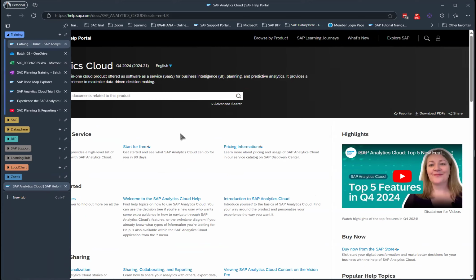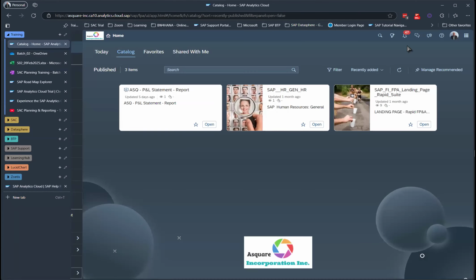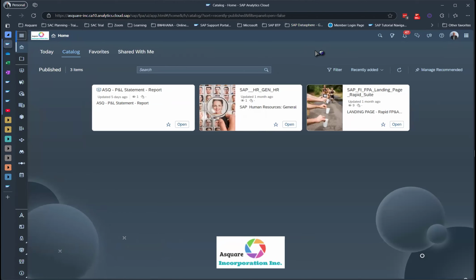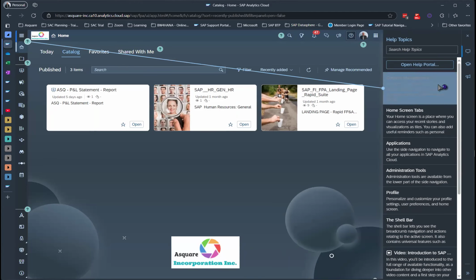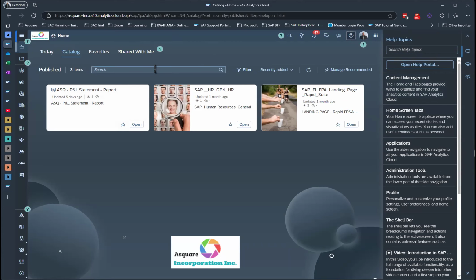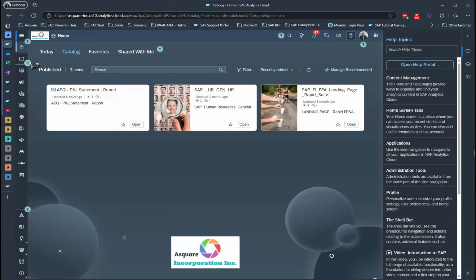In addition to this help document, help content, you will also have help here itself within the SAC. So let me close the left hand side panel. Within SAC, you will also have help document in this question mark. This is also help. So if you click on this question mark, you will see that a right hand side panel opens. And if you hover over them, immediately it will show you what the screen you are on, the question marks will come on these different sections.